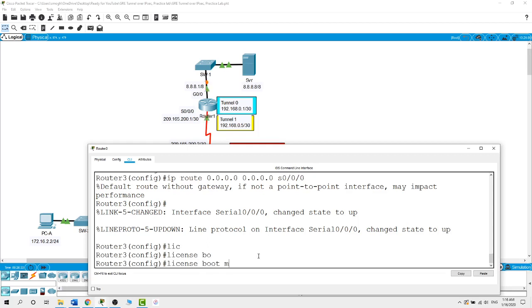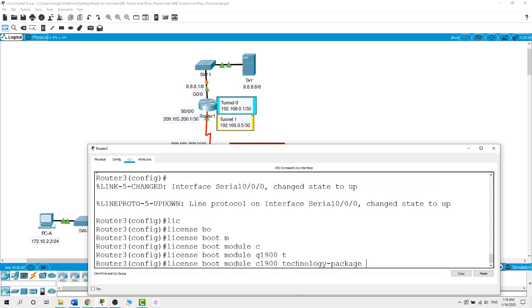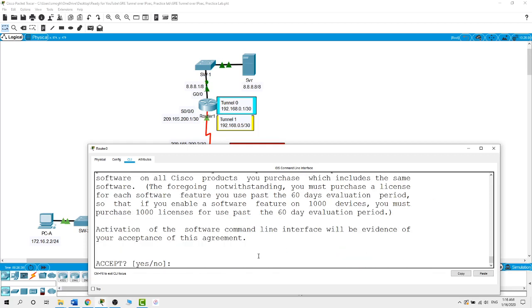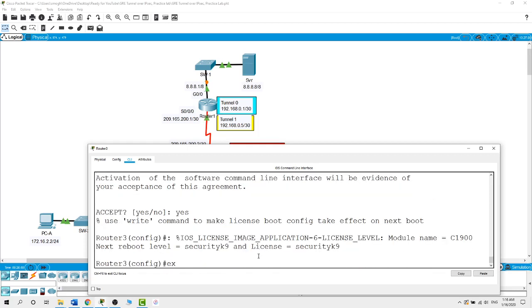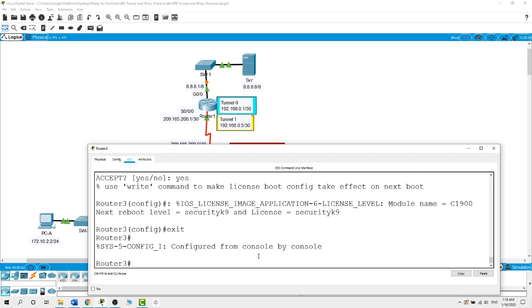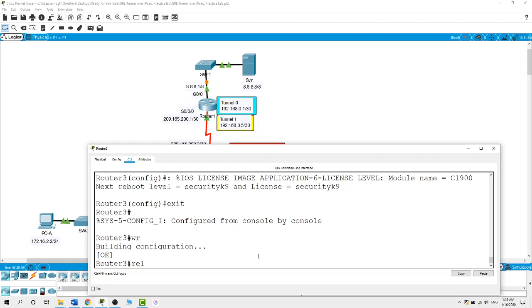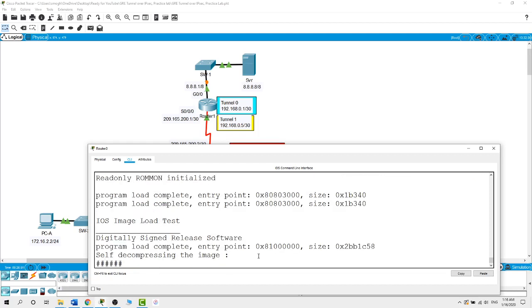License boot module C1900 technology security. Yes, I'll exit. Before I copy the running config to the startup config, I'll do a WR and then reload, confirm, and